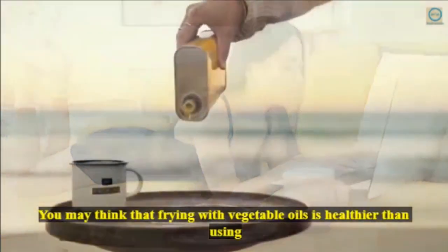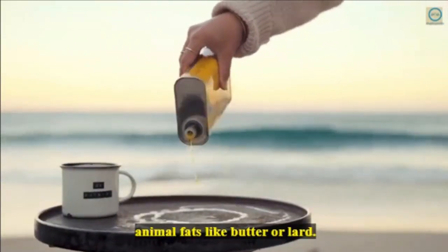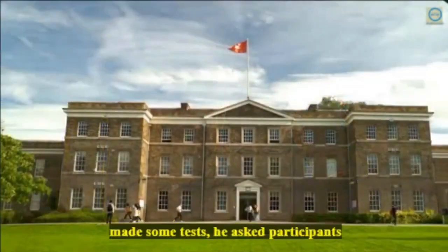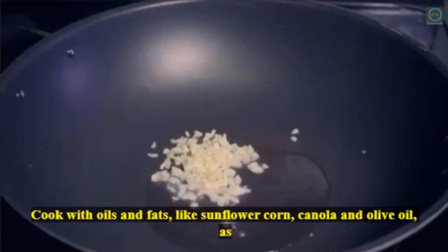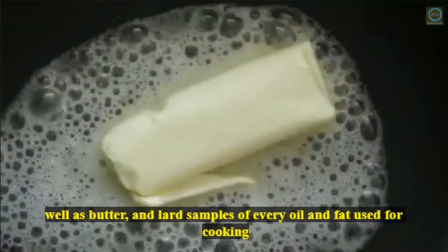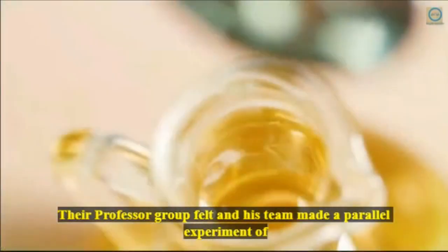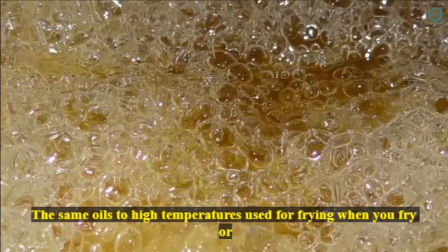You may think that frying with vegetable oils is healthier than using animal fats like butter or lard. But is it true? To find out the truth, Professor Martin Grootveld from the University of Leicester, England, made some tests. He asked participants to cook with oils and fats like sunflower, corn, canola, and olive oil, as well as butter and lard. Samples of every oil and fat used for cooking were collected and sent to the University of Leicester. There, Professor Grootveld and his team made a parallel experiment of heating the same oils to high temperatures used